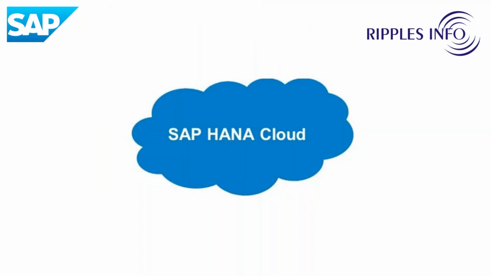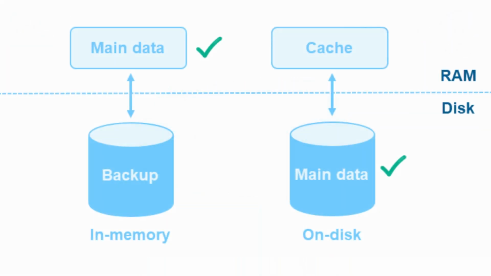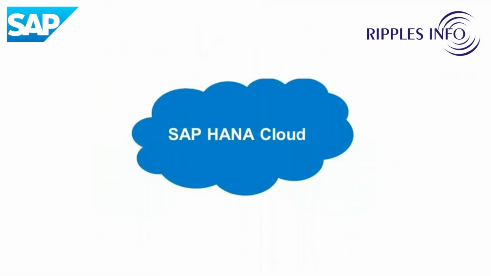So what is SAP HANA Cloud? SAP HANA Cloud is a fully managed in-memory multi-thread cloud database as a service. So SAP has designed and developed this using cloud native technologies and offered it to the customers on SAP BTP as a service. As most of the people know, SAP has introduced their in-memory database called HANA